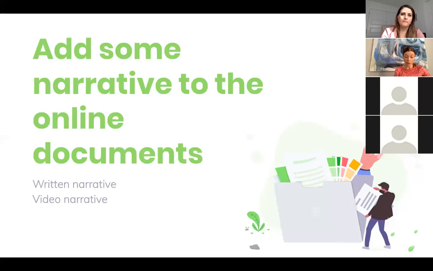But another idea that you can use in this narrative between the online documents is to give them a sense of what the priorities are. Like, which one do you want them to read first, second, third? What do they need to read or think about before they go into that discussion forum with their classmates so that they are prepared? What is the follow-up after they've had a Zoom session, a discussion forum, or an online lecture? Where do they go next?